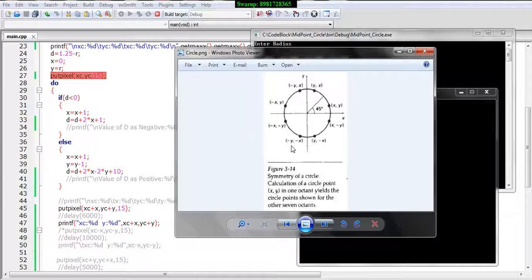So there are two things involved: the sign of x and y will be interchanging, and the position of the variables themselves will also be interchanging. This particular funda will be used for generating the remaining 7 octants, once we have found only one octant, and that is done by the reflection of that whole thing. We will see that in the program part.